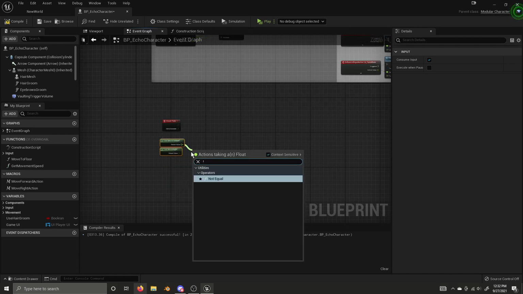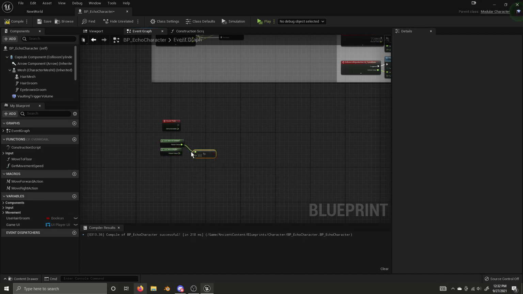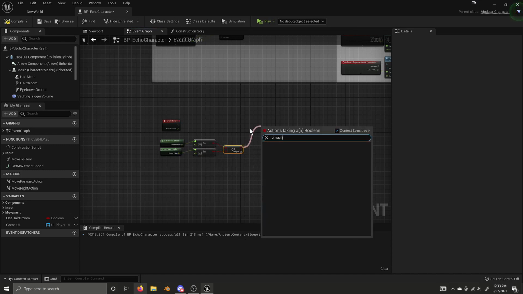And if it is not equal to 0, I'm actually going to do that with both of these. So if either one of these, so it's an OR node, is not equal to 0, then I'm going to, with a branch,